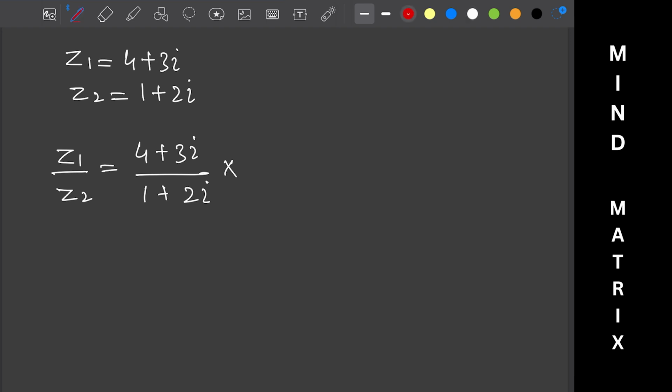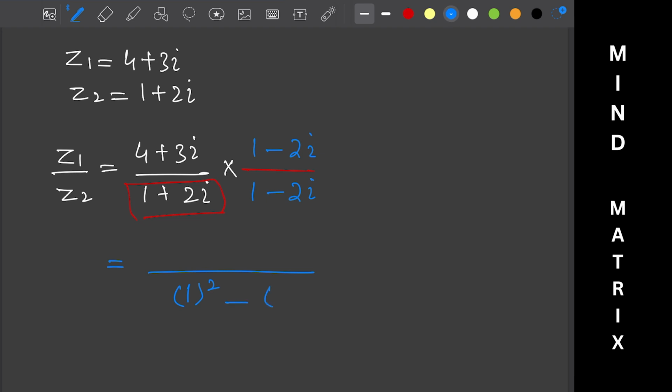As we said earlier, we will multiply and divide by the conjugate of this number. So we will have 1 minus 2 iota over 1 minus 2 iota, multiplication and division. Now we need to solve these. So when we multiply the denominators, it becomes 1 square